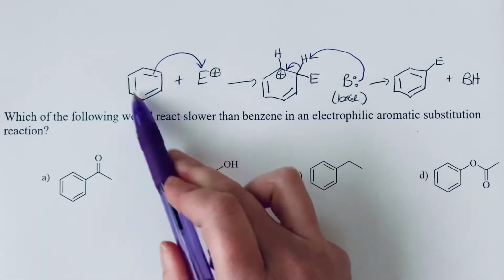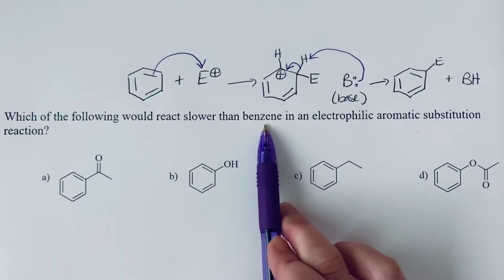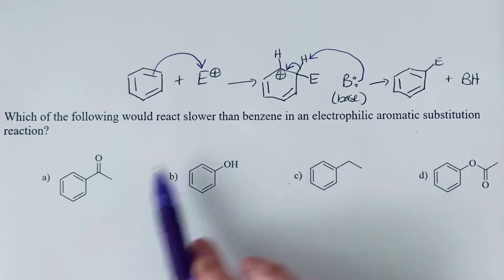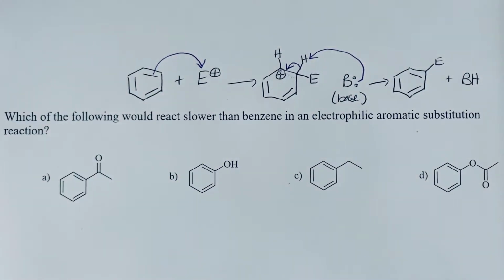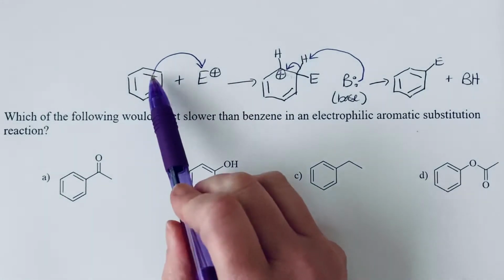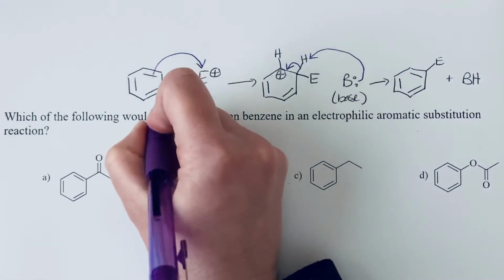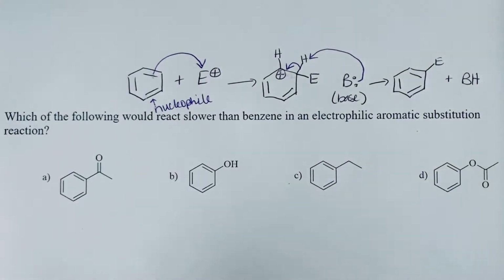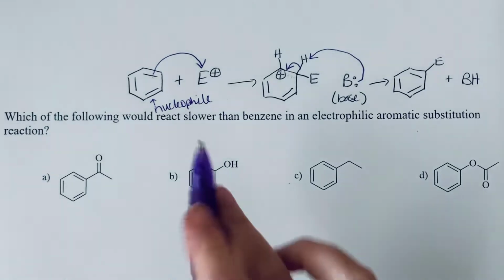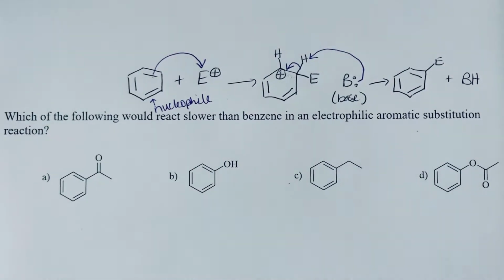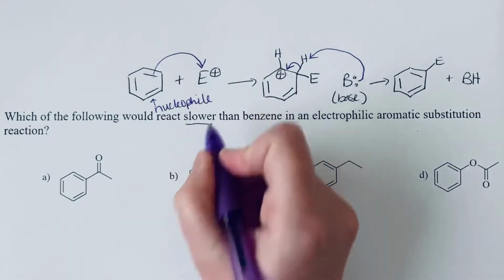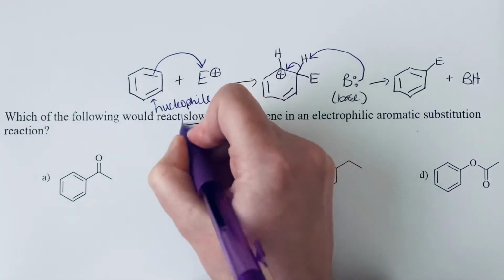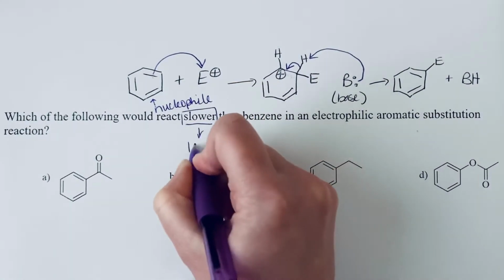So what we want to look at is what role the benzene ring is playing. Then we can decide how changing a substituent on the ring causes it to react faster or slower. We can see in this first step that the benzene is acting as a nucleophile. So we want to consider what's attached to the ring in terms of whether it can donate electrons, which would make the ring more nucleophilic, or if it withdraws electrons, which would make it less nucleophilic and slower. So for something to react slower than benzene, it's going to be less nucleophilic,